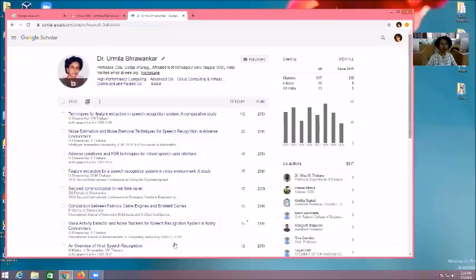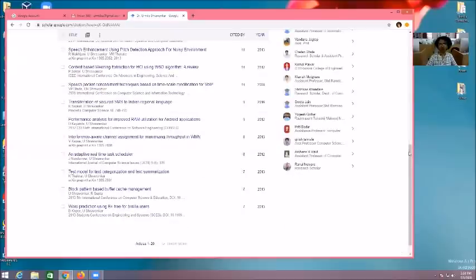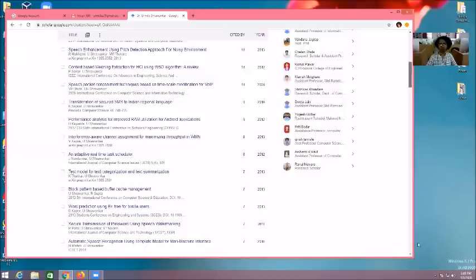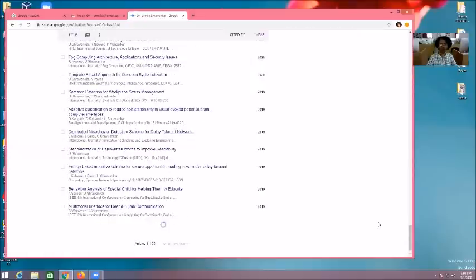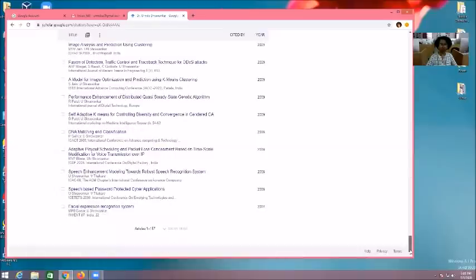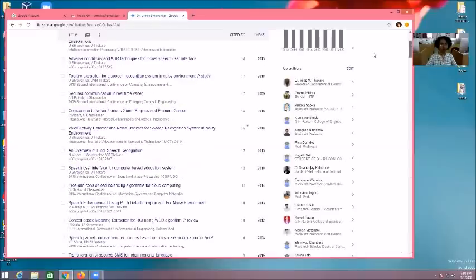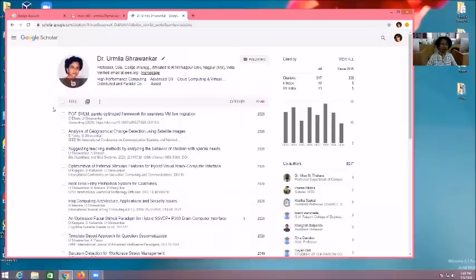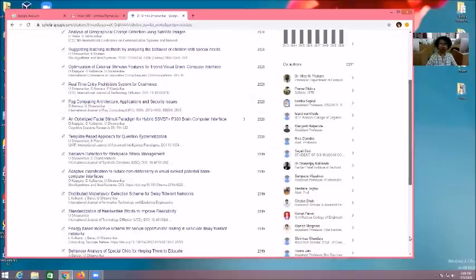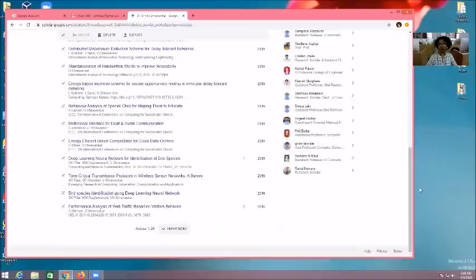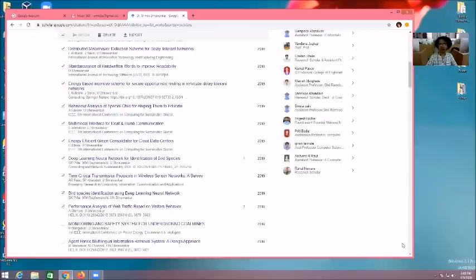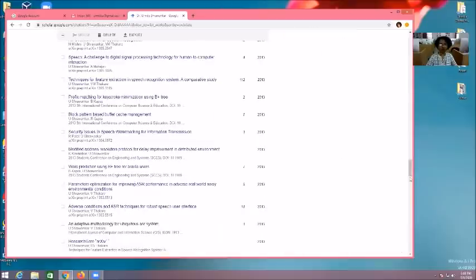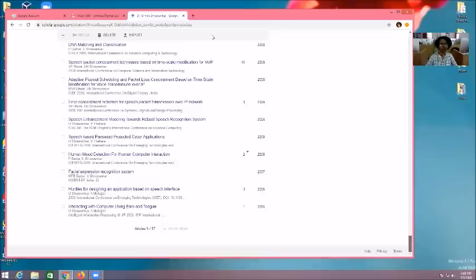Select all the papers first, because I am interested in selecting all the papers. If you are interested in a particular paper, or papers from one year only, you click on this button and then you can do it. Suppose you want the year-wise paper publication, then select all. Select all papers year wise. I will show you how to get a list of publications year wise in an Excel sheet.